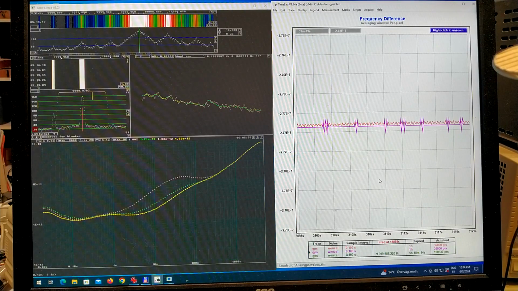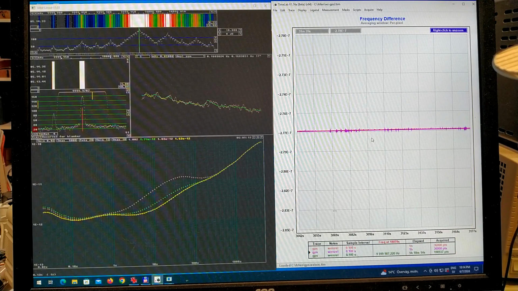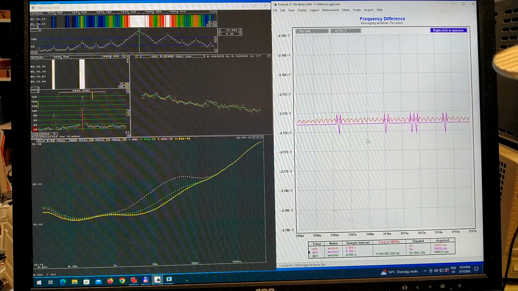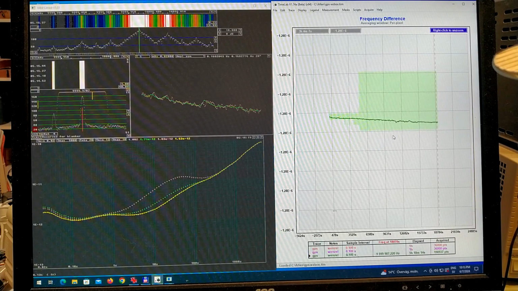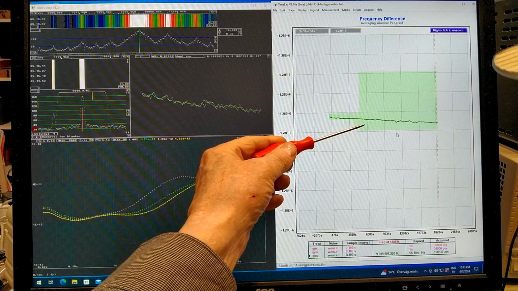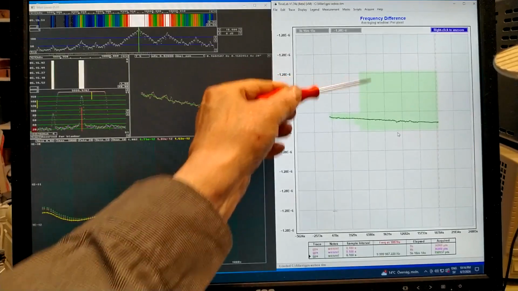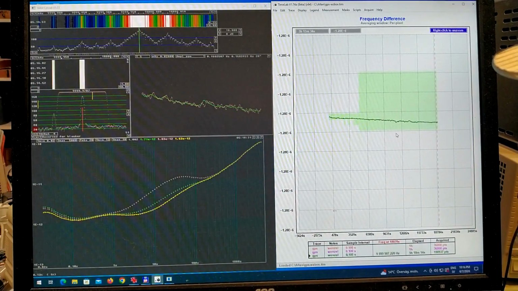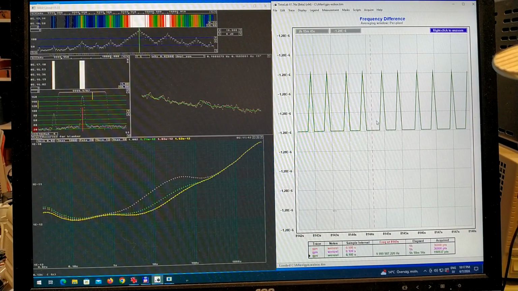Here is a different situation where the phase doesn't change except up and down occasionally. If I zoom out, you can see how the behavior is. So there is a quantization problem of some kind here. When I look at the latest measurement from 6,000 seconds and onwards, the width of the shaded area is very large. When I zoom in somewhere where the shaded area is large, I find this structure for the frequency, and